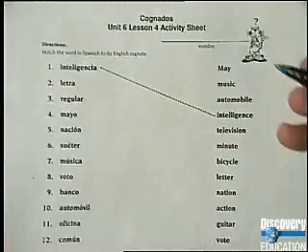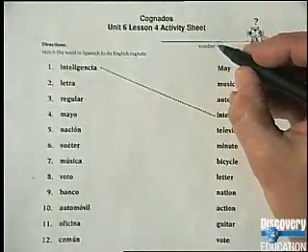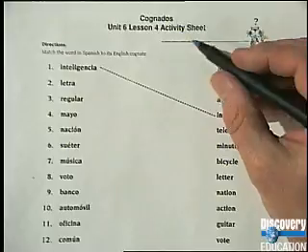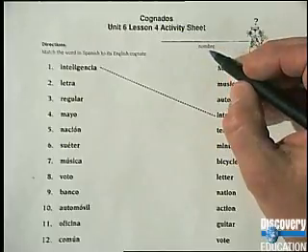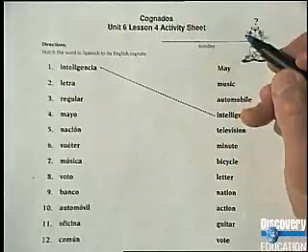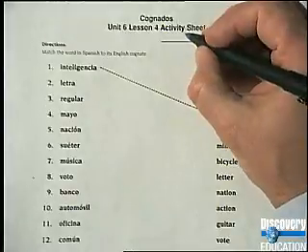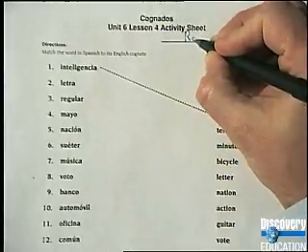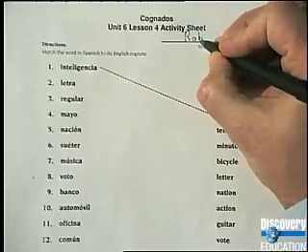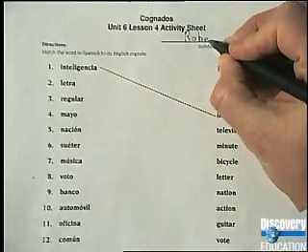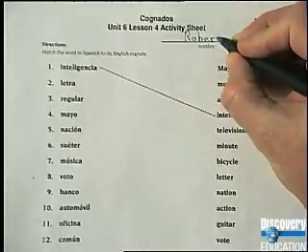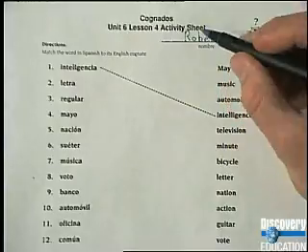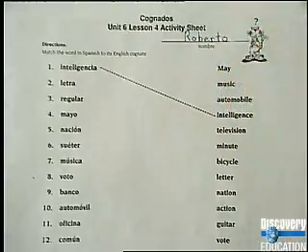Well, I tell you what, let's look now at our activity sheet for today, and it's called Cognados. Let's go ahead and start off by filling in up here where it says nombre. You remember what to write up there? That's right, that's your name. And now try to write your Spanish name. And as you write it, think of the letters in Spanish. I'm going to write my name, Roberto. R O B E R T O. Roberto. You go ahead and write your name up there.